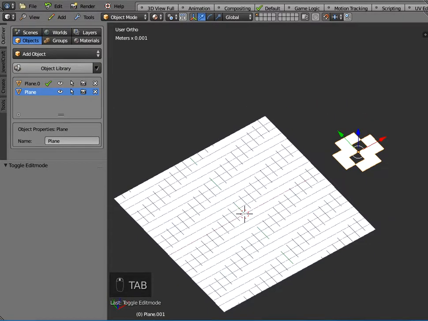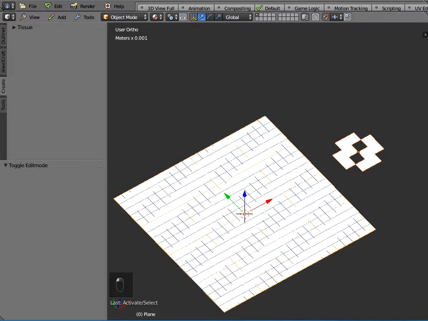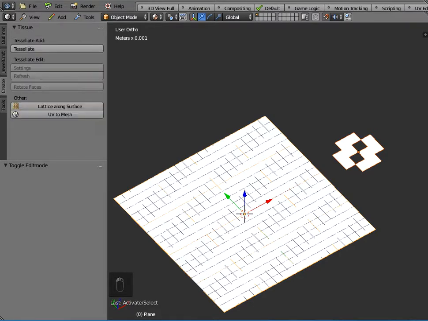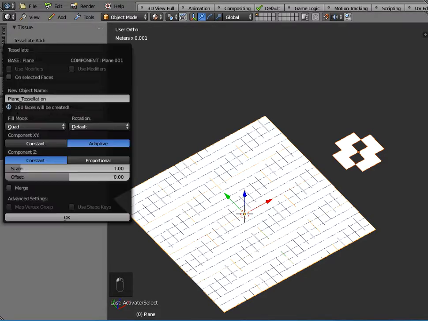So with the small plane highlighted, hold down the shift key and highlight the large plane. And then in the toolbox on the left, if you click the Create tab and open up the Tissue add-on, we need to tessellate this. And it's very important when you're 3D printing to always tick this merge box, because you don't want to have duplicate vertices. Really important from the point of view of 3D printing, that one. So if we click OK,